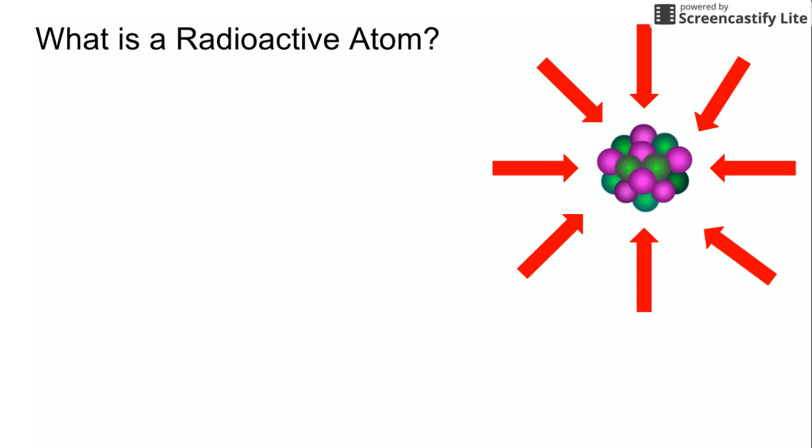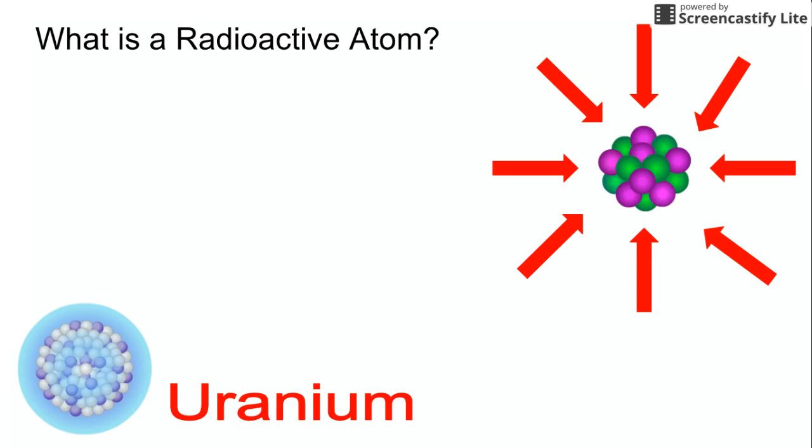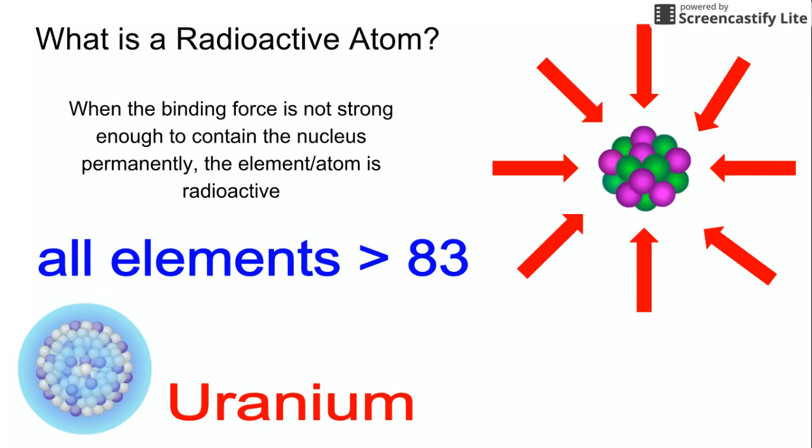So what exactly is a radioactive atom? Well, in this example of uranium, there are so many protons which cannot be contained permanently. So when the binding force or the strong force is not strong enough to contain the nucleus permanently, the element or atom is radioactive. So when we say an element's radioactive, we're saying that it's so unstable that it cannot possibly be contained by the strong force or any other kind of binding force permanently. So all elements above atomic number 83